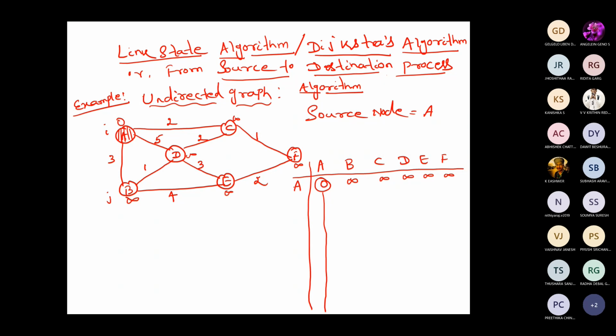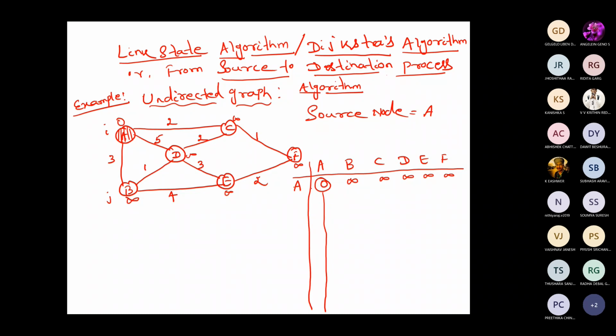First we have to find out A is connected to B. A to B is 0 plus 3. How much is that, guys? We will update it here. B's position I have to update. 0 plus 3 is 3. 3 is less than infinity, which is already entered. The value for B is entered as infinity. Now the new value from A to B is 3. 0 plus 3. That same concept we have to use, guys.